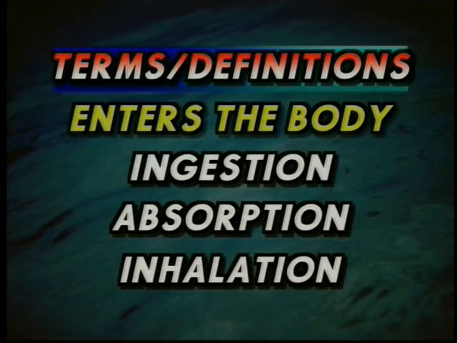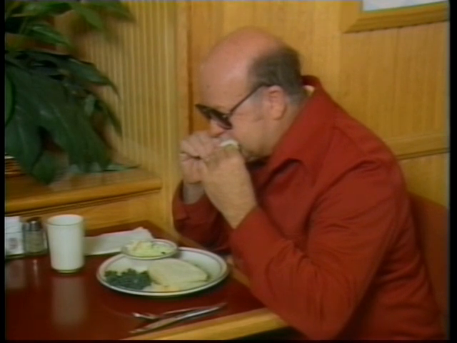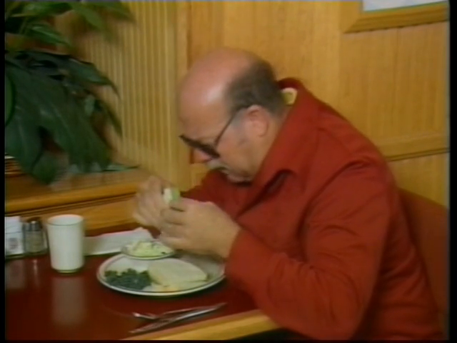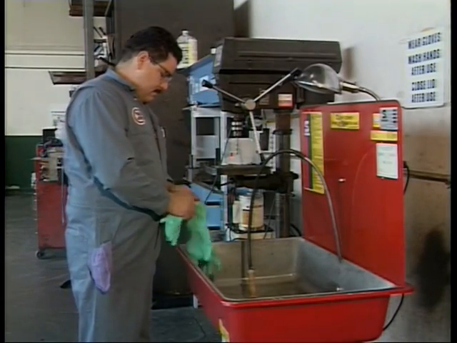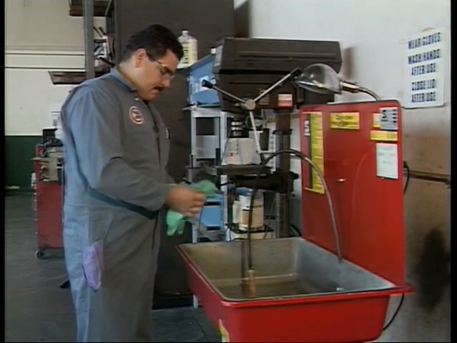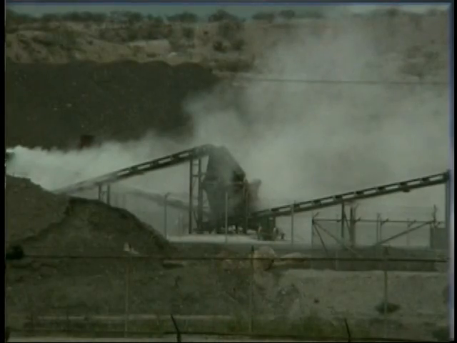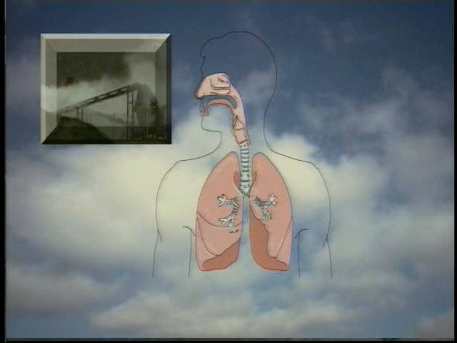Toxicity enters the body through ingestion, absorption, or inhalation. Ingesting means swallowing of a substance through the mouth and into the stomach, generally followed by its entrance into the small intestine. Absorption means entering the body through the skin. Substances that absorb through the skin sometimes get into the bloodstream. Breathing causes us to inhale substances, which travel en route to the lungs. Our lungs are so rich in blood vessels that any substance inhaled into the lungs is readily absorbed into the bloodstream.